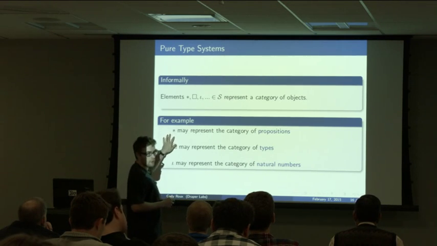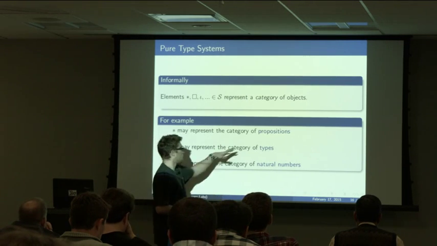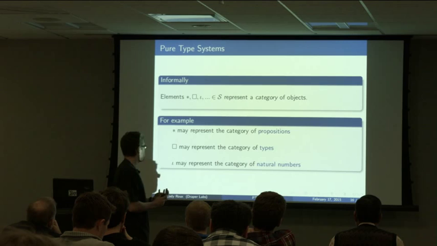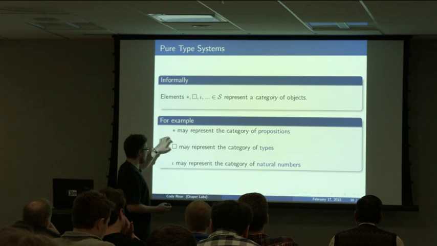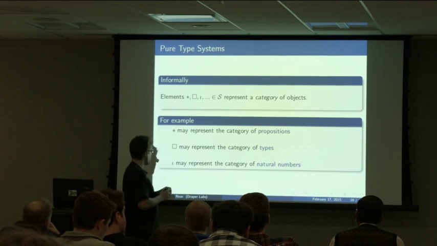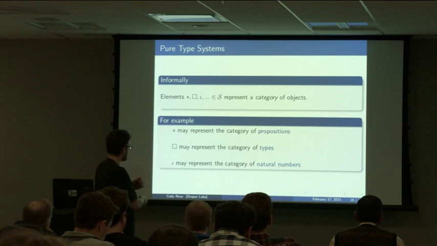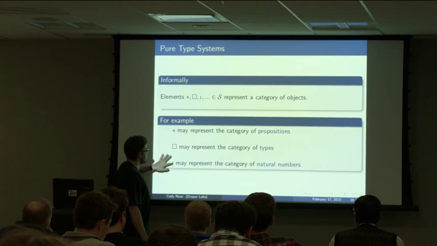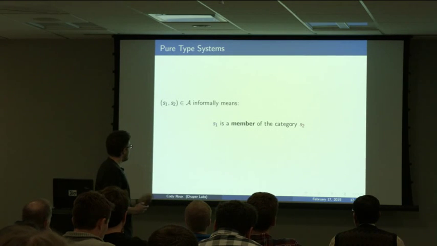Typically, a star might be the one you're most familiar with from Haskell, and it might represent the category of all types or sometimes of all propositions if you're a logician like me. Box is often used as well, and box might be the category of types, or it might be the category of kinds. Anyway, Yoda is often used just to be the category of natural numbers. So you see that these three things are sort of different nature. But right now, all we've done is give a name to these, and put them in a bag called S.